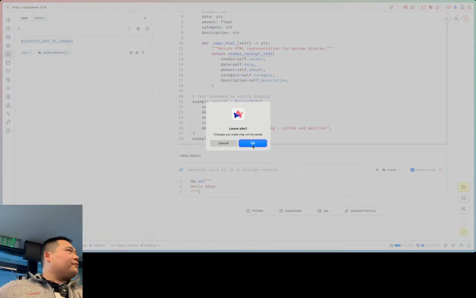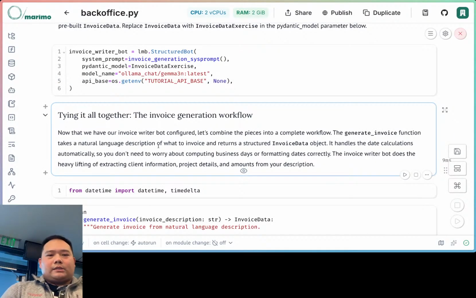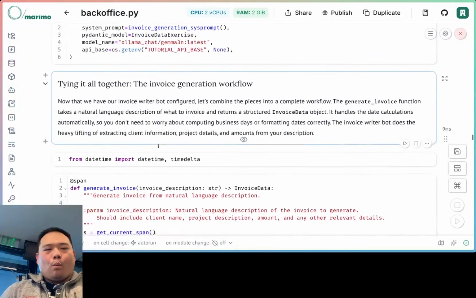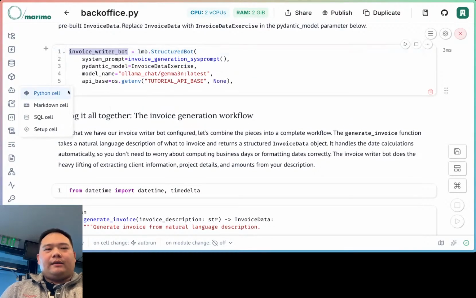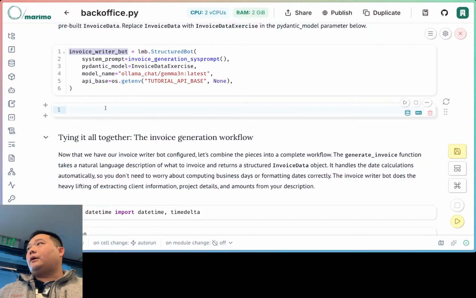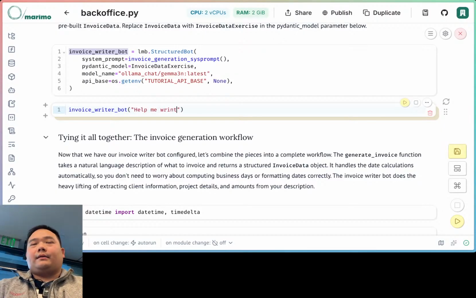So that's a few ways that you can interact with AI within Marimo, right? Okay, cool. So let us now test drive the invoice writer bot. I'm going to ask you all to add a new cell below, and I want you to call on it and go like, help me write an invoice to PyData for our NumFocus